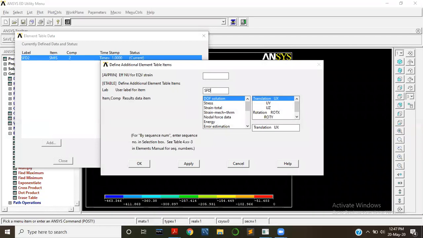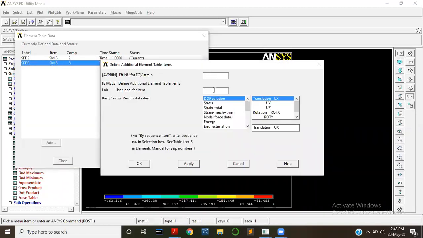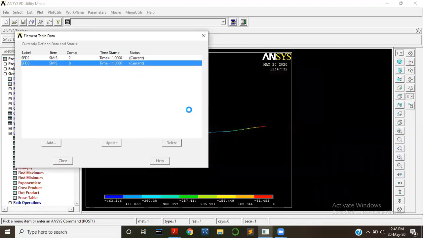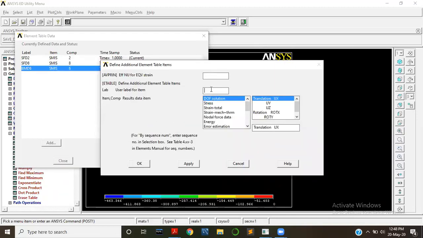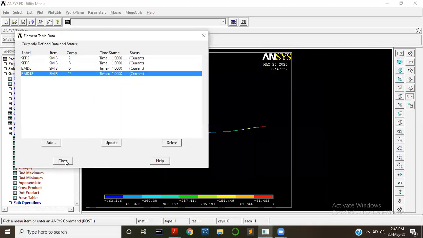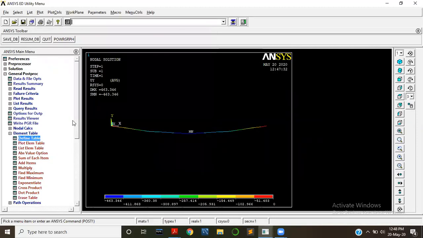Next SFD8 by sequence number SMISC8, apply, and then BMD6 by sequence number SMISC6, and next BMD12 by sequence number SMISC12. Press close, and now we have defined the table.